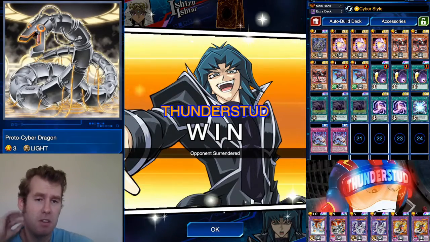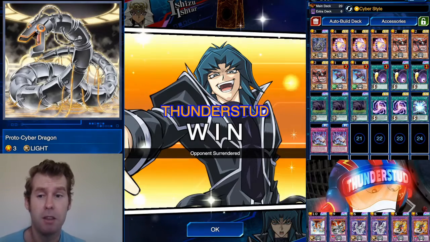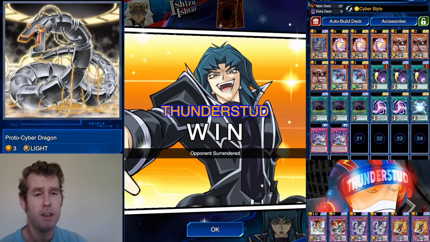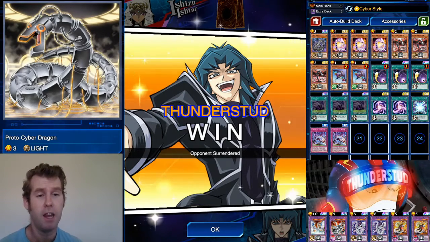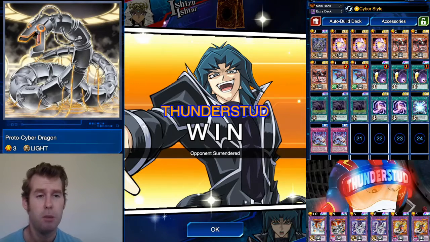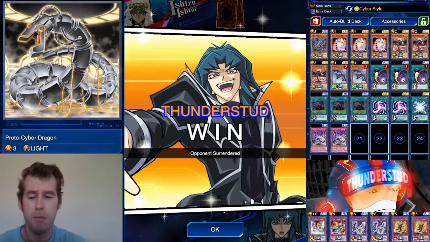Great, great stuff. So, Cyber Dragons are here. They've been here since we got the Structure deck. They've just been a little rogue OTK deck, but I really like Fusion Gate. They've stayed a few seasons now, so they're pretty much an established deck, and, you know, there's a million ways to play them, but they're all very similar,